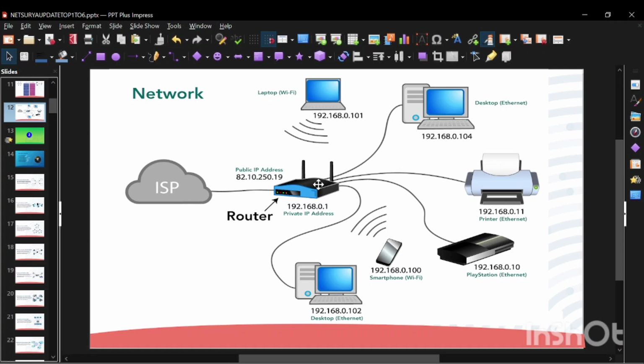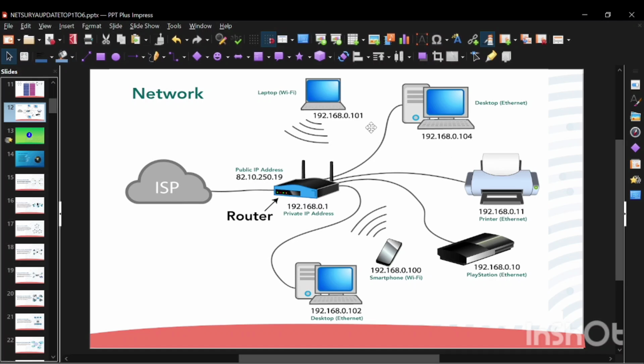Whenever a device wants to access the internet, it sends the request to the router, and the router uses NAT, that is network address translation, to replace the private IP with the public IP before sending the request. When the response comes back, the router sends the data to the correct device using its private IP, that is 192.168.0.101, and second, 192.168.0.104.